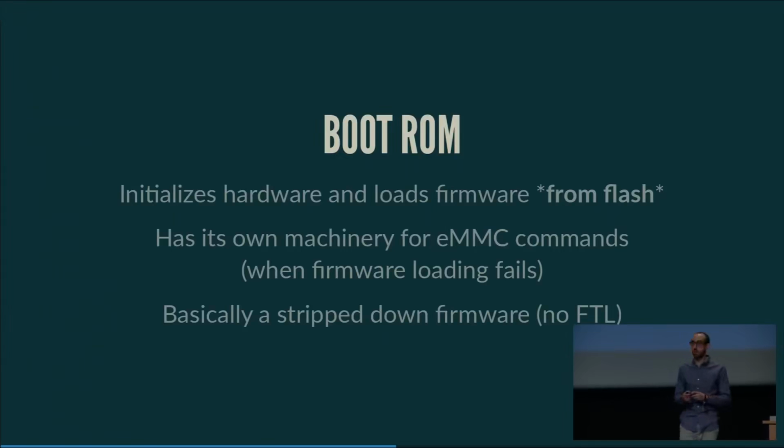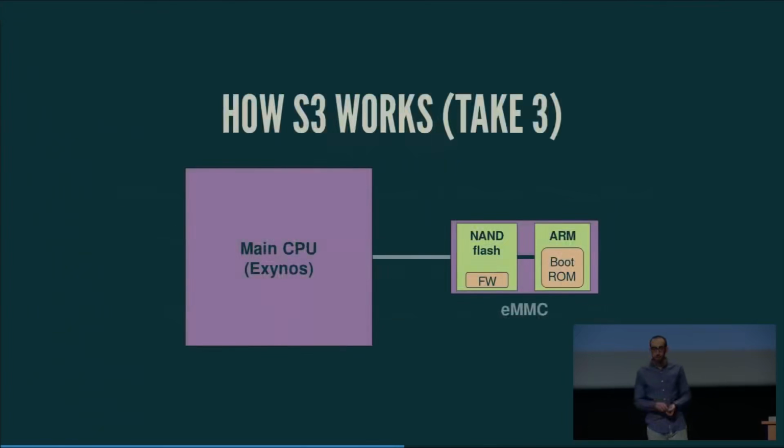So my guess is that during the production process, the NAND flash is empty and there's no firmware. When Samsung produces these chips, they plug them in and there's no firmware. So the Bootrom goes into some kind of recovery mode, and it exposes an eMMC bus, and from there you can write your new firmware. And the Bootrom is basically a stripped down firmware. There's no FTL, but it looks like the firmware itself. And this is